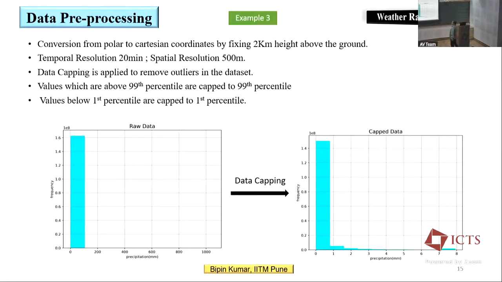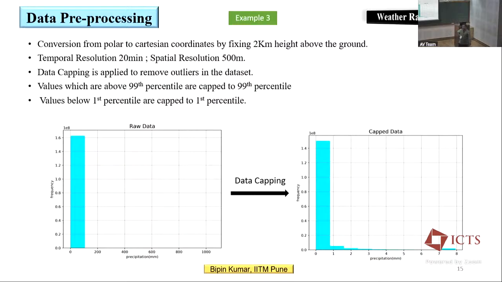Or even if somebody helps you, there is a group and somebody is doing the radar work, and somebody is converting from reflectivity to precipitation and from polar to Cartesian, and at the end you get the data. In the Cartesian coordinate, you got the precipitation. Will you work on this data? And you know the source, you know the problem statement. We are going to work on the nowcasting of a particular city. Can you see this? Can you believe this data and work on it?